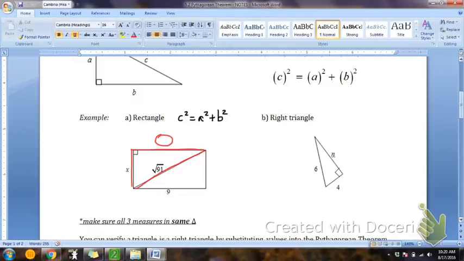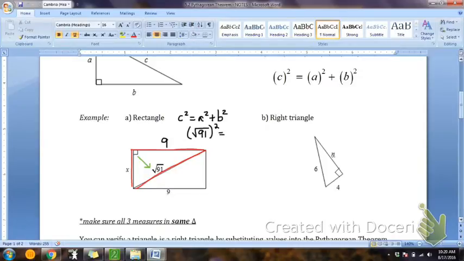I have a rectangle, right? And what do you know about a rectangle? What do you know about opposite sides in a rectangle? They're the same. Good. So if the bottom part is 9, what does this mean this side is? Also 9. So let's go ahead and write that in. Okay, now which one is the hypotenuse? Square root of 91, right? And again, if you didn't know, you can always draw a cross from the right angle. So across from the right angle is my c squared. So I'm going to put the square root of 91